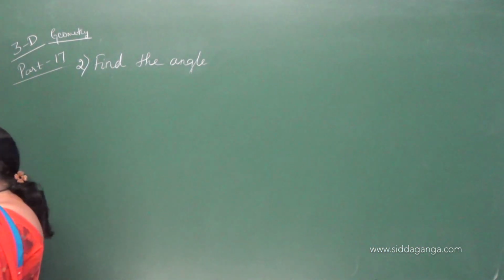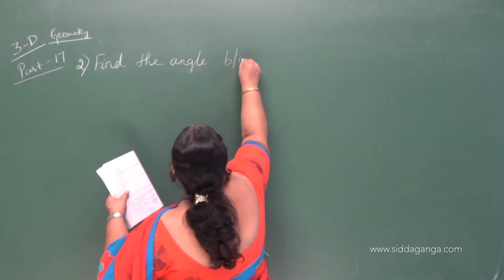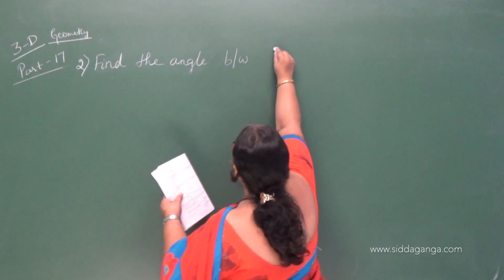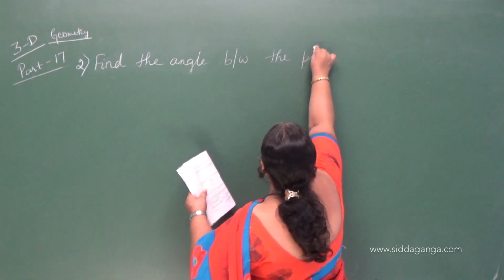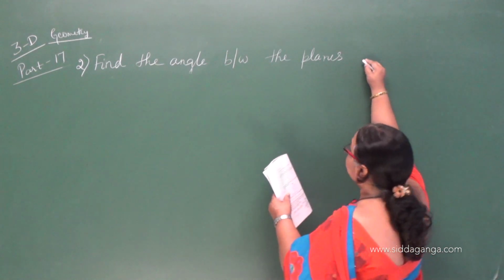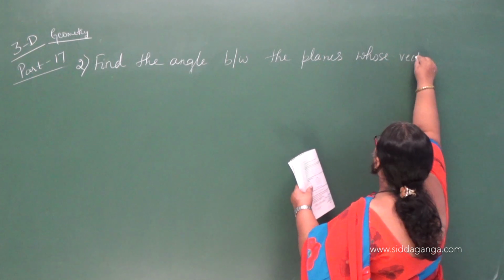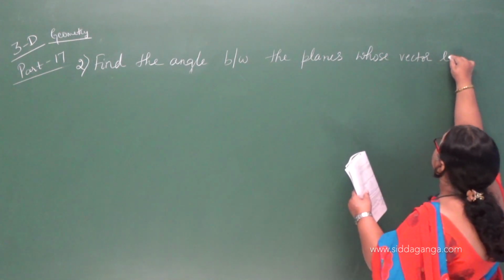Find the angle between the planes whose vector equations are